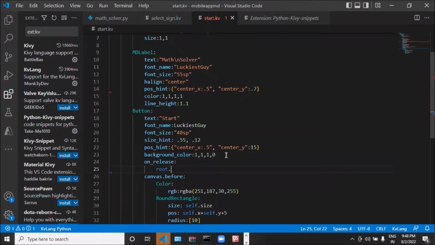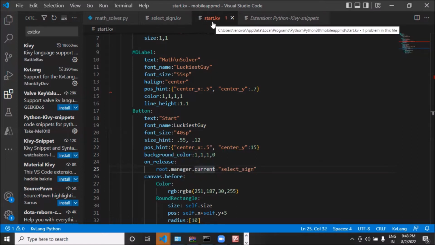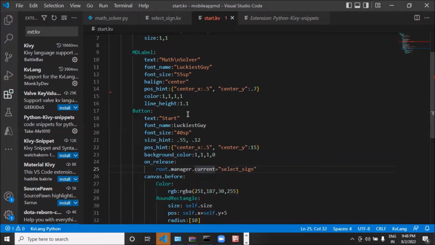We will call the root, and we will ask our manager to make the current screen equal to select_sign. Are you getting my point? So here we are changing the root. Initially, our root will be start.kv. But when the user will click